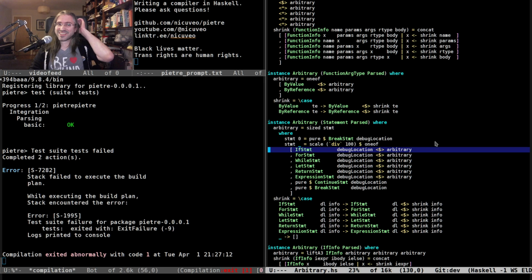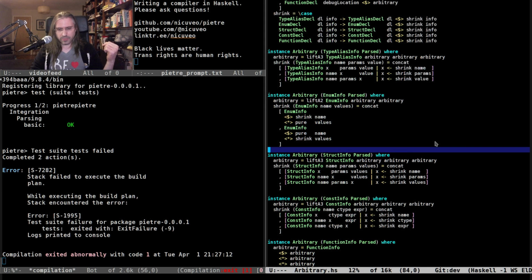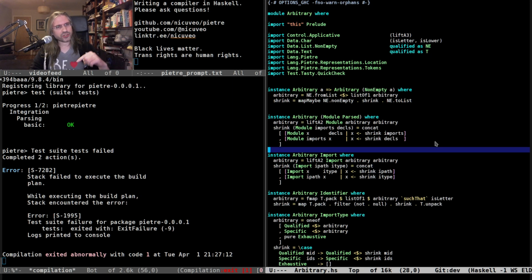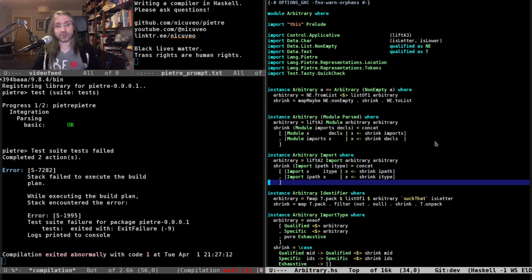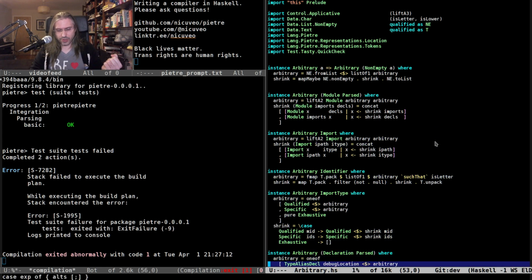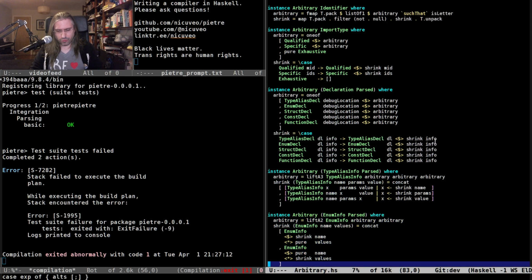However, what I'm guessing is that even if there's no self-recursion, a module contains declarations that contain info things, and there's no self-recursion that can go infinitely deep, there's still lists of lists of lists which can probably go big pretty quickly. So I should probably